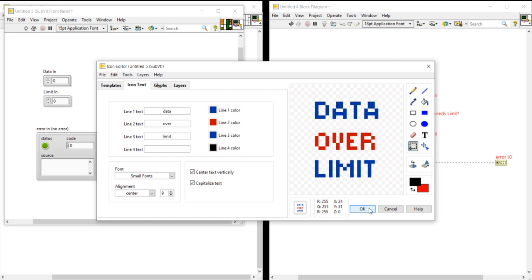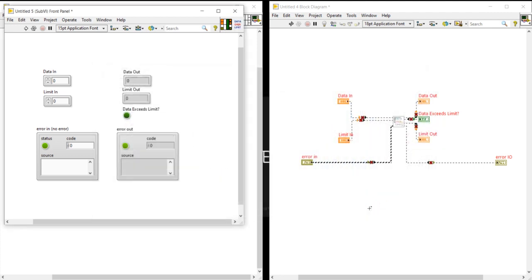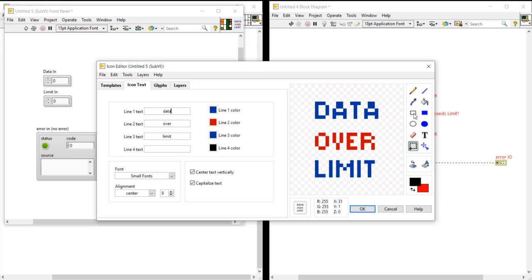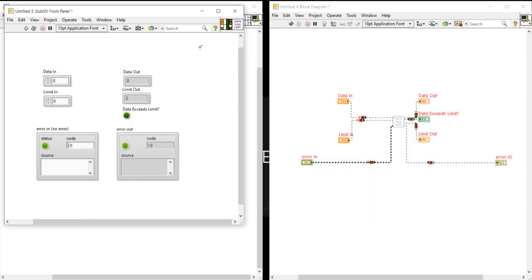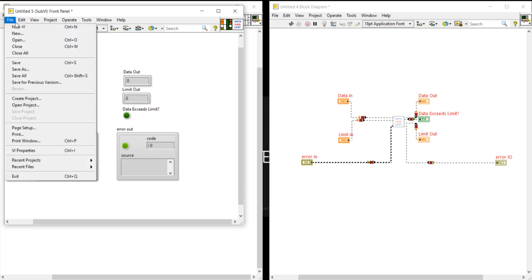Then hit the OK button. Okay, it looks like this. Now our function is ready to save.